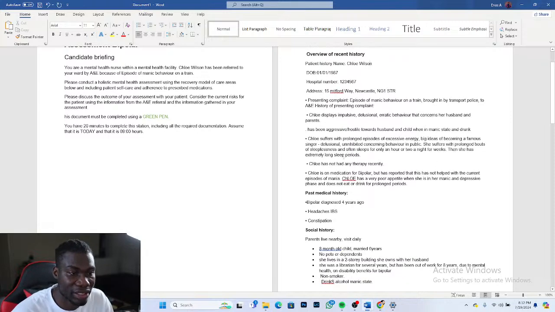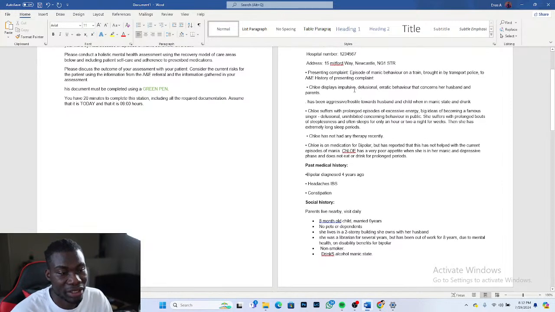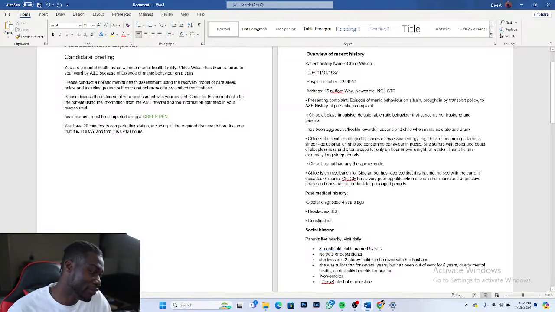Then she has extremely long periods. Then Chloe has not had any therapy recently. Chloe is on medication for bipolar but has reported that this has not helped with current episode of mania. Chloe has a very poor appetite when she is in her manic and depressive phase and does not eat or drink for prolonged periods. So clearly this has given you an insight into the type of patient that you'll be